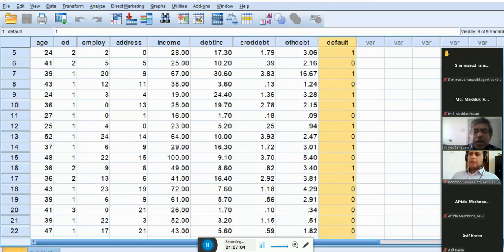Okay, so if somebody comes to you and has this kind of behavior, that means their debt to income ratio lies between 10 to 15, and the other debt is less than 0.89.